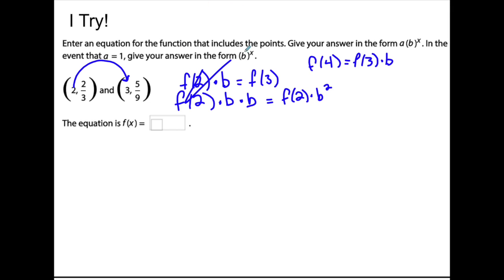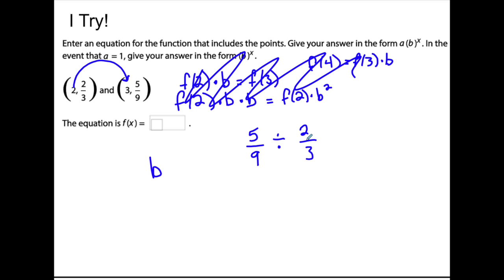But here, forget about this, let's just worry about b to the power of 1 because we're jumping up by 1. So what we're going to do is ask ourselves, what do I multiply by 2/3 to get to 5/9? And that's like taking 5/9 and dividing it by 2/3. That's the same as taking 5/9 and multiplying it by 3/2. We can do a little canceling, and we end up with 5/6